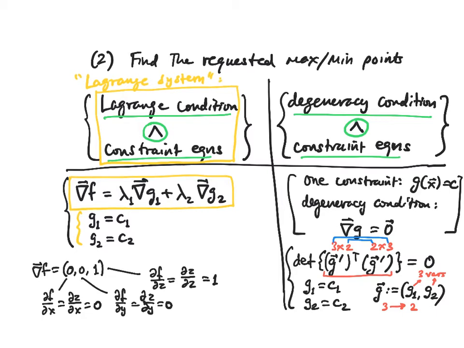And let me call the other system as a whole, including, again, the constraint equations that we were given, the Degeneracy System. All right, so it still remains to look at that. The Degeneracy condition is,